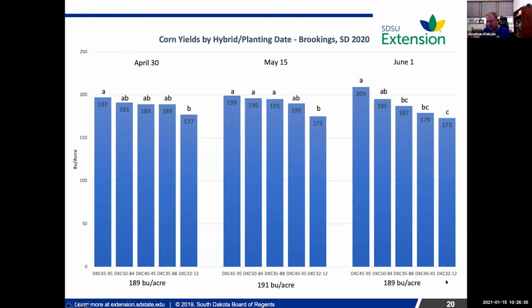It's not often that you see this, but with the weather in Brookings this year, we ran out of moisture towards the end of the year, so the early planted stuff did not have the gas to finish out. Most years, I don't think you're going to see a lot of difference between April 30 and May 15 planting, depending on the back end of the year. This year, August and September were awesome grain fill weather, other than running out of moisture. Typically I would not expect much difference between April 30 and May 15th. And June 1st, we just had a great August and September, so June was able to yield right in there with April and May.